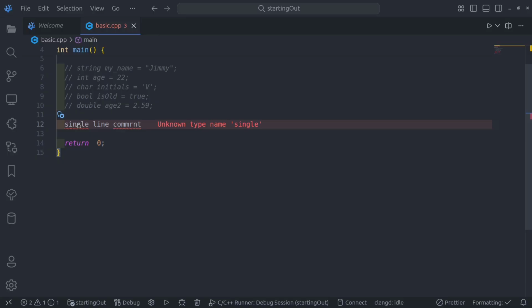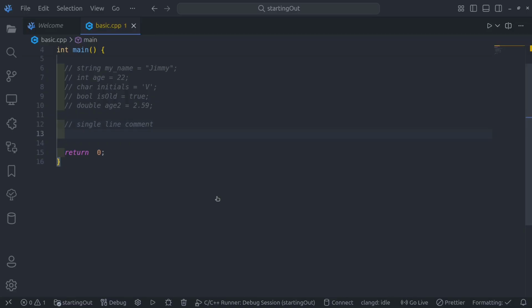This is a single line comment, and single line comments are denoted by double forward slashes. So whenever you're denoting a single line comment, at the very beginning you have to have two slashes so that the compiler doesn't read whatsoever you're writing here. And then we also have a multi-line comment, which is denoted by a forward slash and an asterisk,